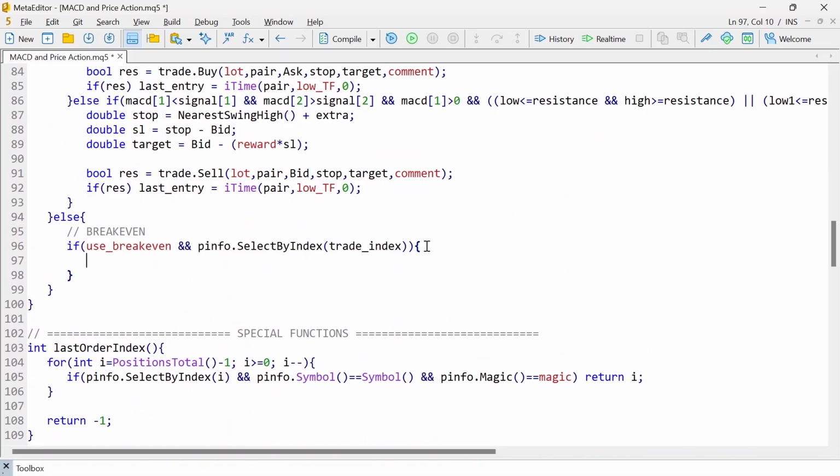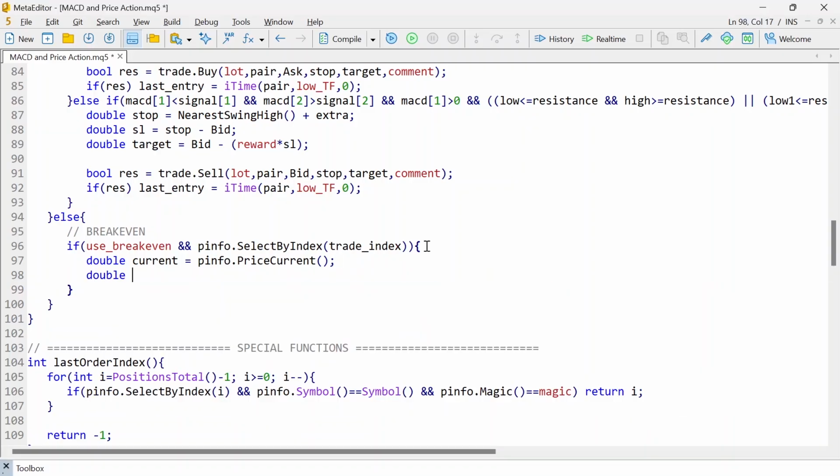After getting that, what do we want to do? First, we want to get the current, which is the potential price that the position can get closed at. In the case of a buy position, the current will be the bid price, and in the case of a sell position, the price current will be the ask price. You can easily say ask or bid, but I prefer to use price current, so I'll just say current, price current. I hope you remember this explanation that's been done in the previous